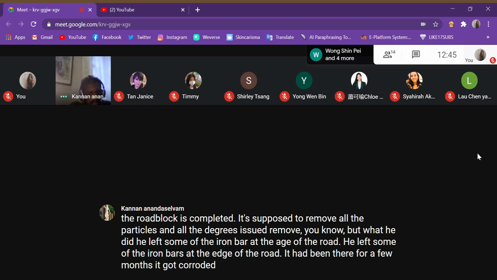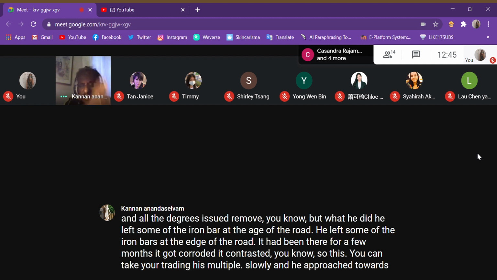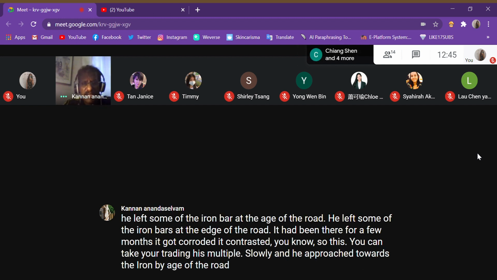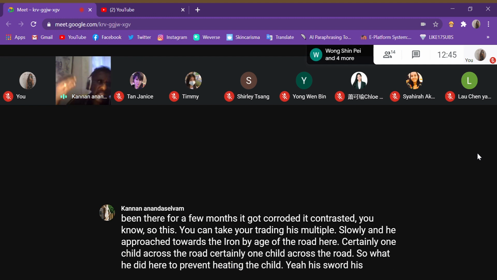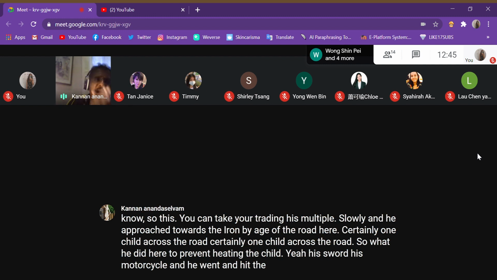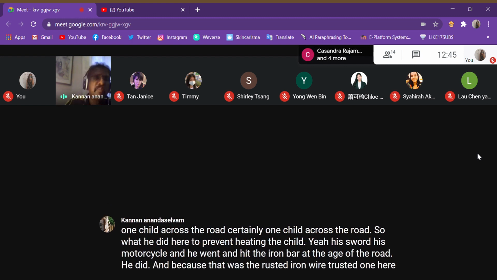So this Lee Kim Sai, he was riding his motorcycle slowly. As he approached the iron bar at the edge of the road, suddenly one child crossed the road. To prevent hitting the child, he swerved his motorcycle and hit the iron bar at the edge of the road. And because that was a rusted iron bar, and this guy was suffering from diabetes,